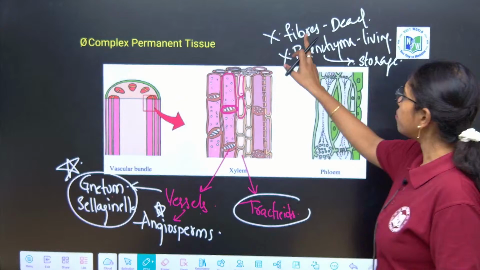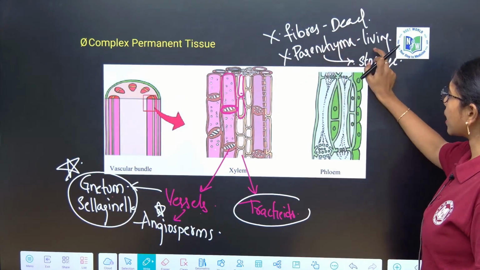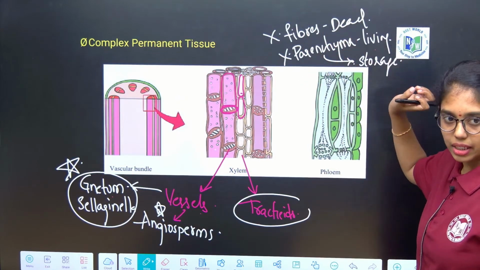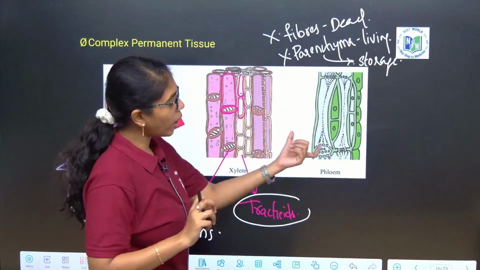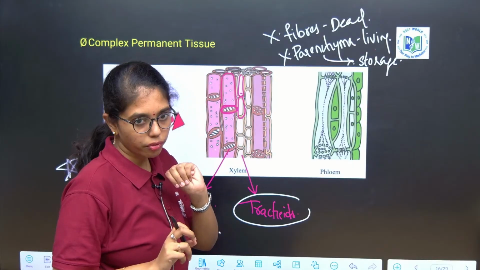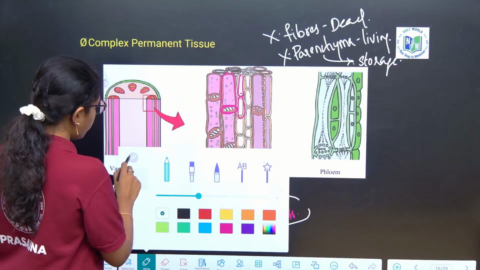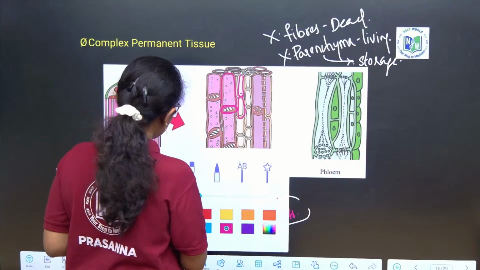Next, xylem fibers are dead. Xylem parenchyma is living, and its main function is storage. Next, phloem. Phloem is also composed of four tissues, right? What are they, you tell me? First is,